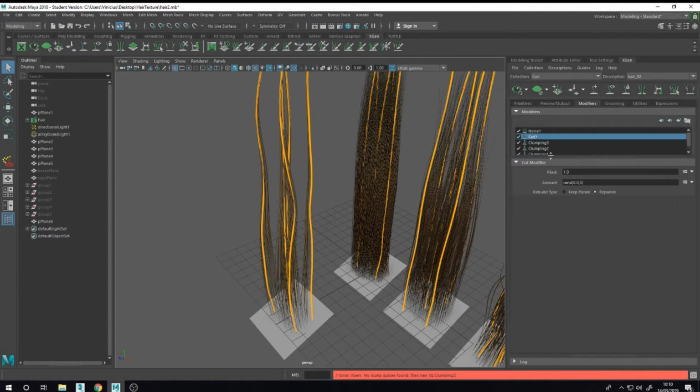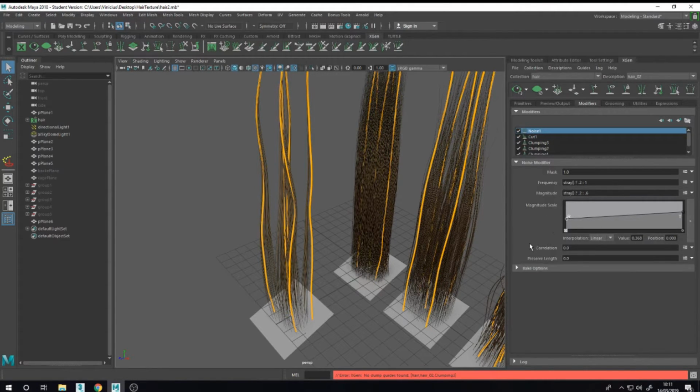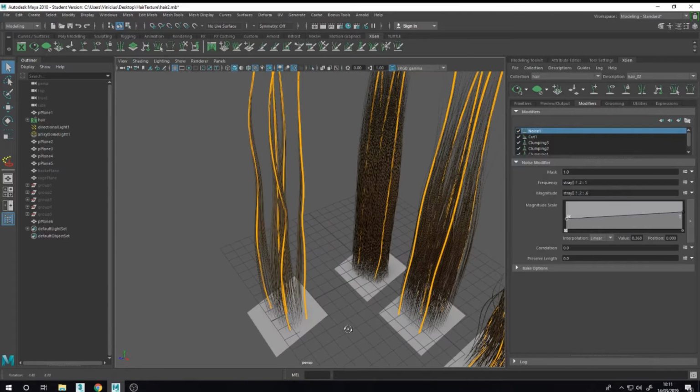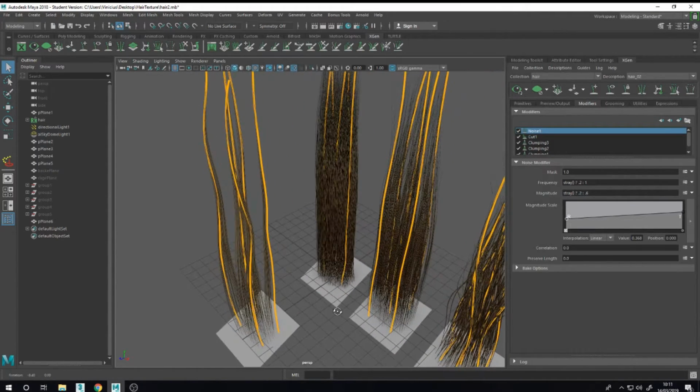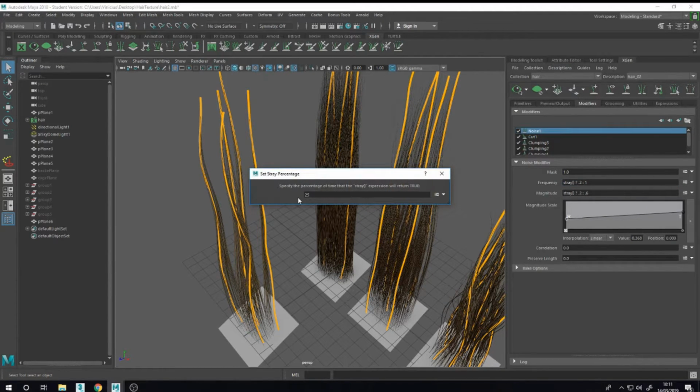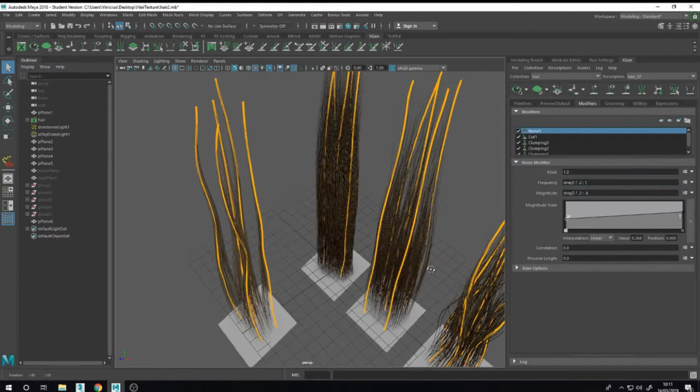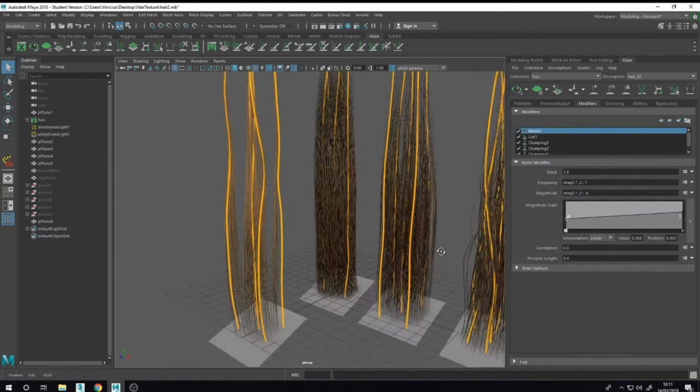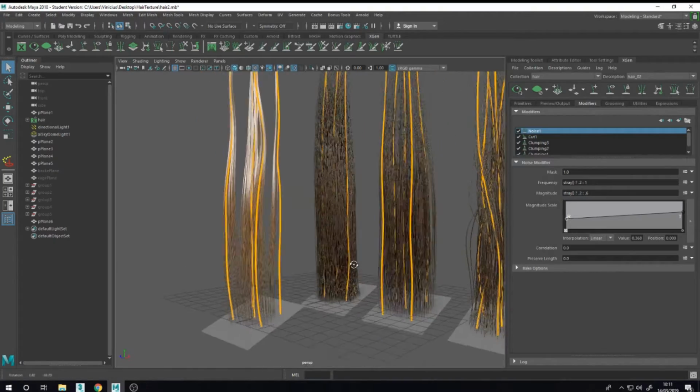The cut 0 and 5, and put some noise with the expression to use the stray, like that. So here you put the expression, go here and set the percentage 25. It's like that, so you will end up with this.